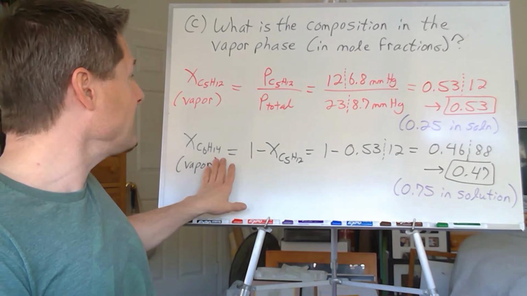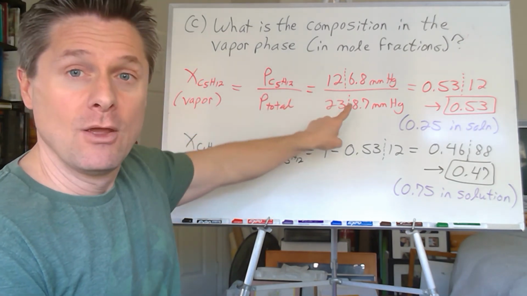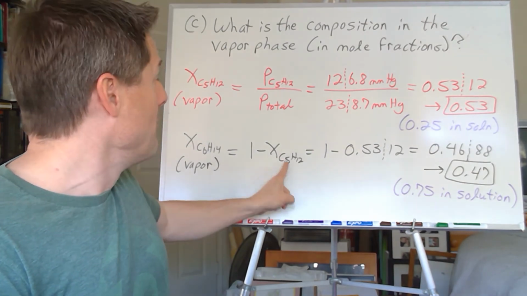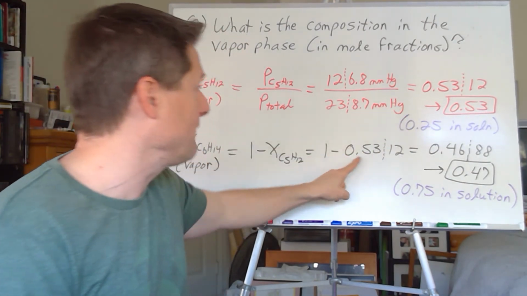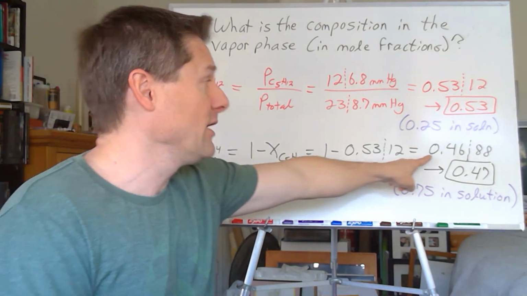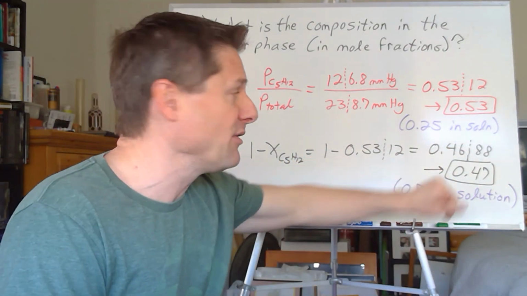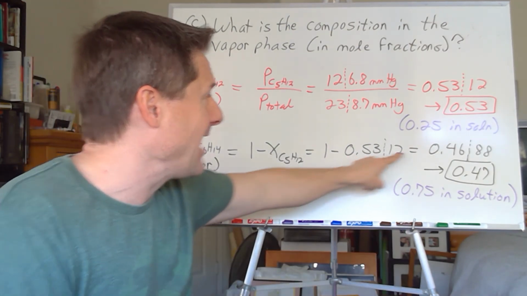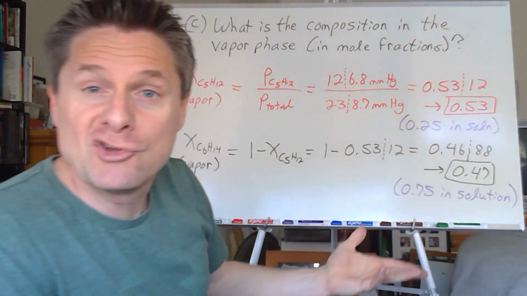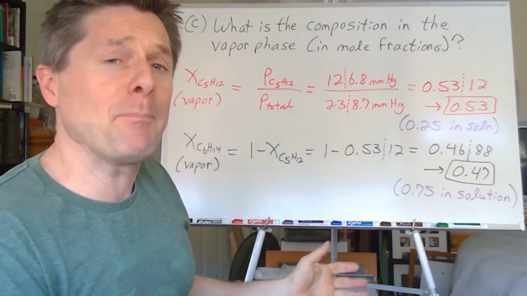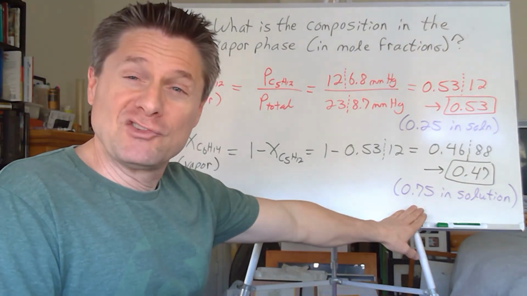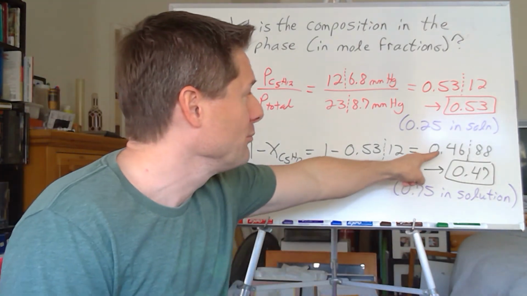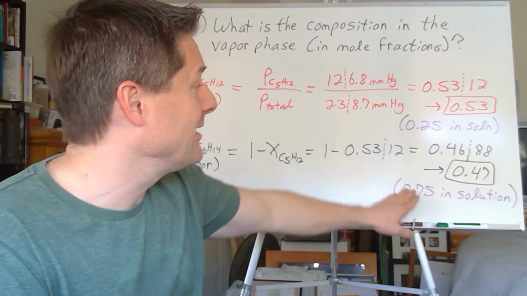Okay? The hexane, you could do the same thing. You could divide it, or just subtract it from 1 because we only have 2 components. So take exactly 1, minus the mole fraction in the vapor phase of 0.5312 of the pentane, and you end up with 0.4688, rounding up to 0.47 to 2 sig figs. So you get 2 decimal places here, or 2 sig figs in that scenario. They happen to be one and the same. But remember, in the solution, hexane was 0.75. So the solution was 3/4 hexane, but a little bit less than half of the vapor is hexane